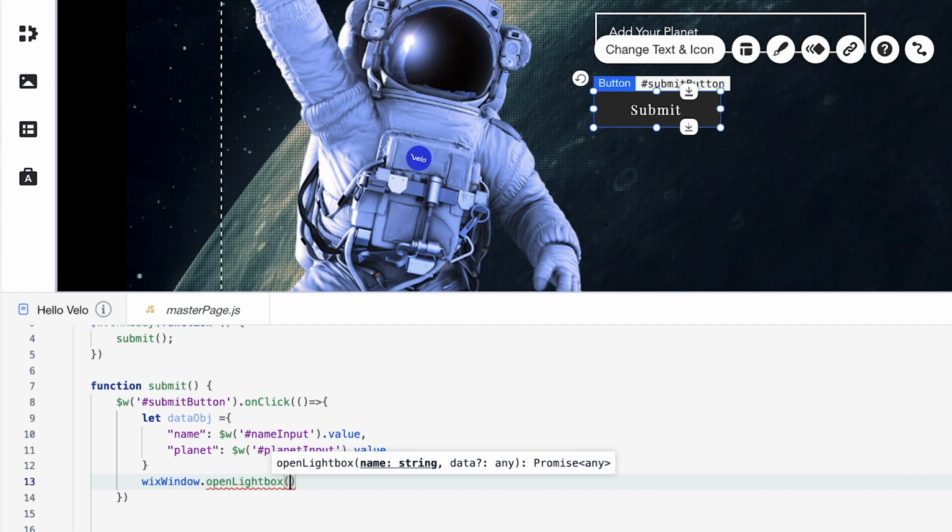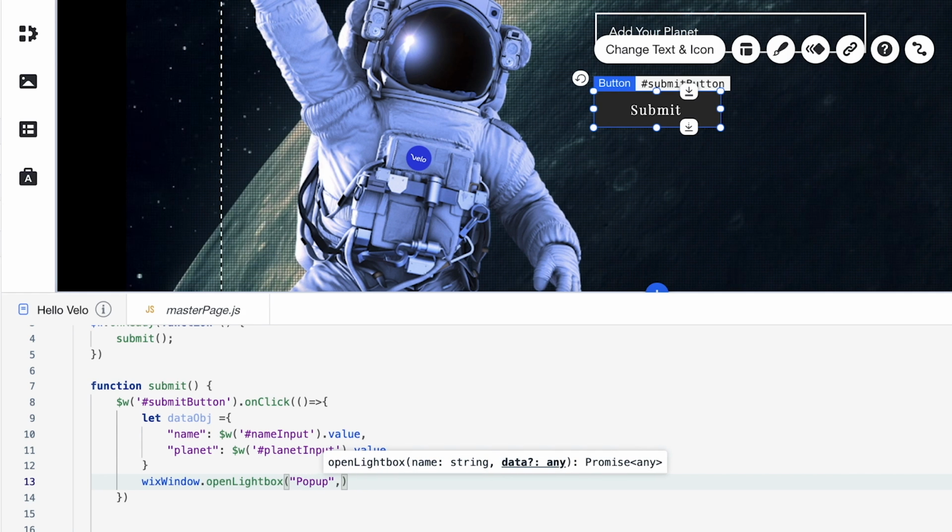The name of the lightbox that I have is called pop-up. You can name it whatever you like, but you have to make sure that the lightbox is named exactly the way you put it in your code. It's case sensitive. So we're going to use pop-up as a string because it accepts text, as the autofill says right there. So we put it in quotes, and the name of our lightbox is pop-up.